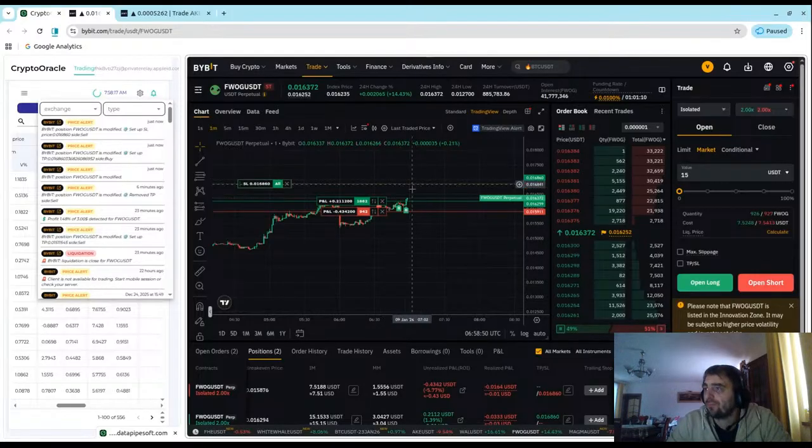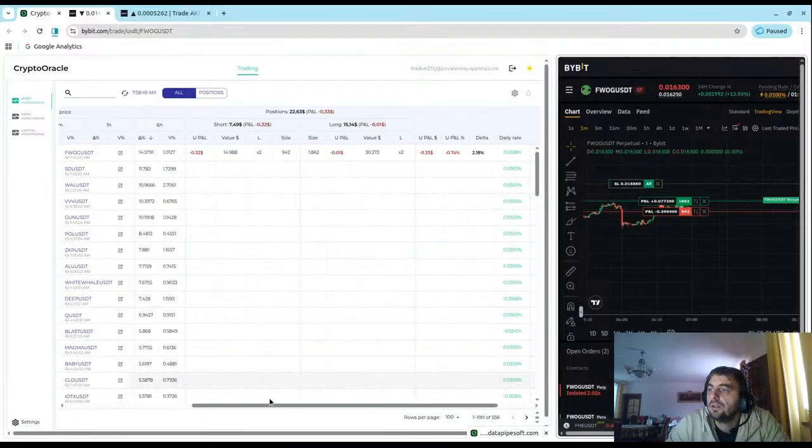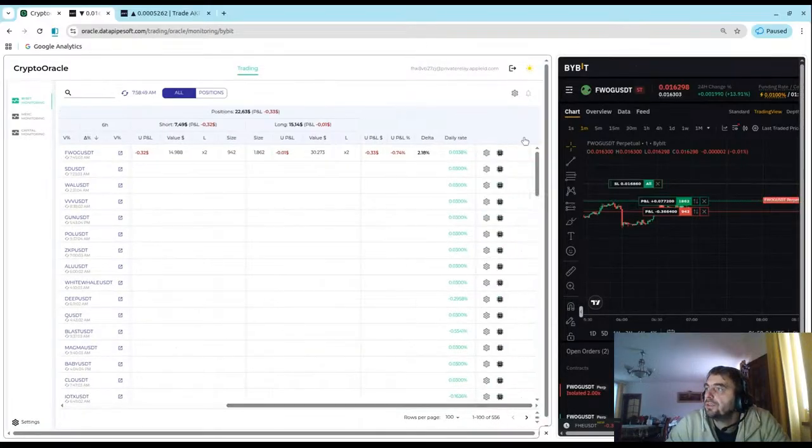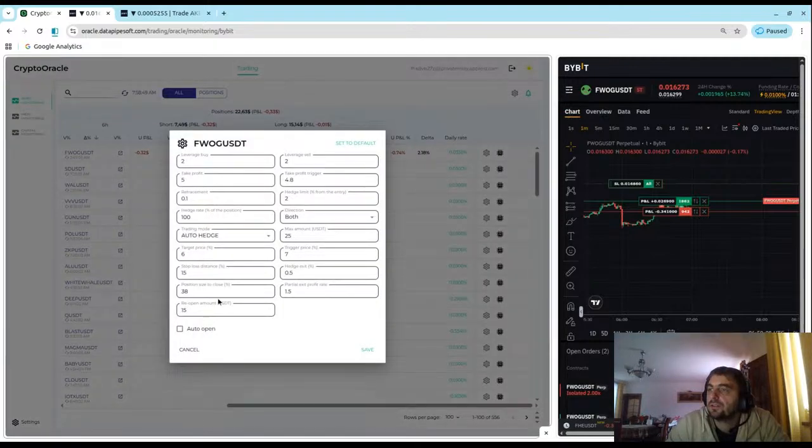And here the price is the same. So if price gets here, both positions are closed, but the green one is going to compensate the red one with a bit of profit. And the settings, I'll show you where the settings are. So the settings are here.